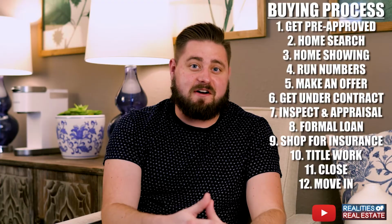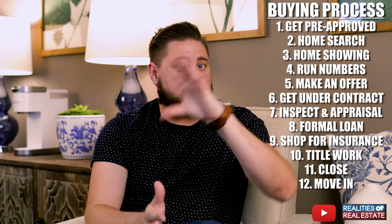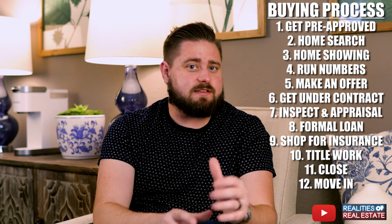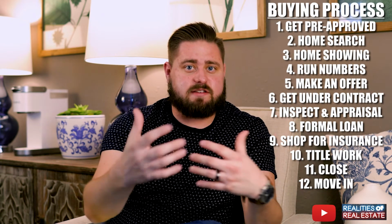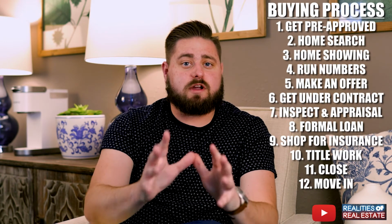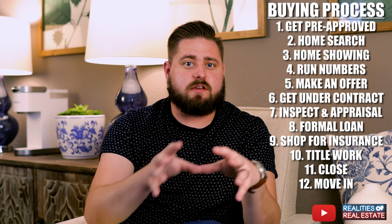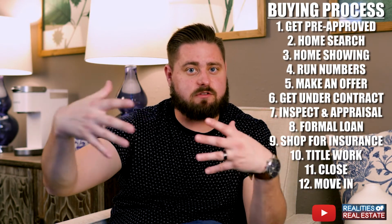Steps 12 and 13 are move in, which is something you need to plan for and probably plan for in your budgeting phase before any of this begins, as far as moving trucks, moving expenses, and distance, all that good stuff. Once you've made a plan to move in, and working with the realtor can really help with this because you'll be able to plan how much time between contract and closing you'll need,